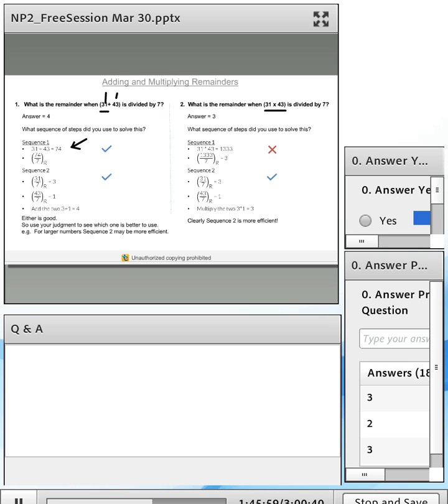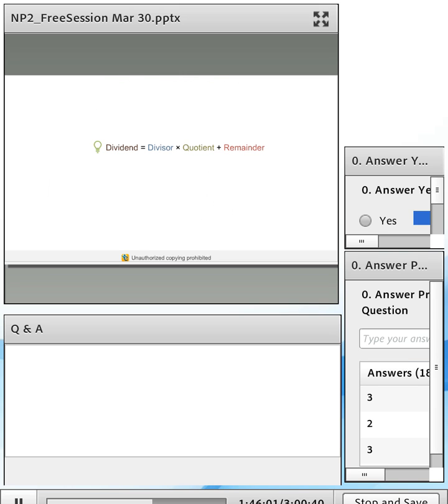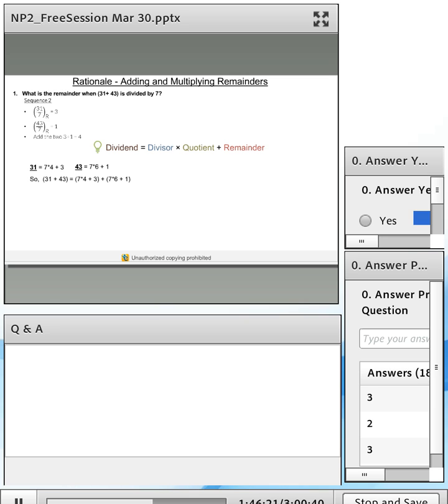For that, what I would tell you is that I'm going to walk you through this slide real quick. If you don't follow it right now, it's absolutely fine. I'm not teaching you this, I'm just bringing this to your attention. After the session, sit down with this slide, spend about 10 minutes on it and understand this. So all I'm doing is just applying my divisibility equation over here. I get 31 expressed as 7 times 4 plus 3, and 43 is 7 times 6 plus 1.